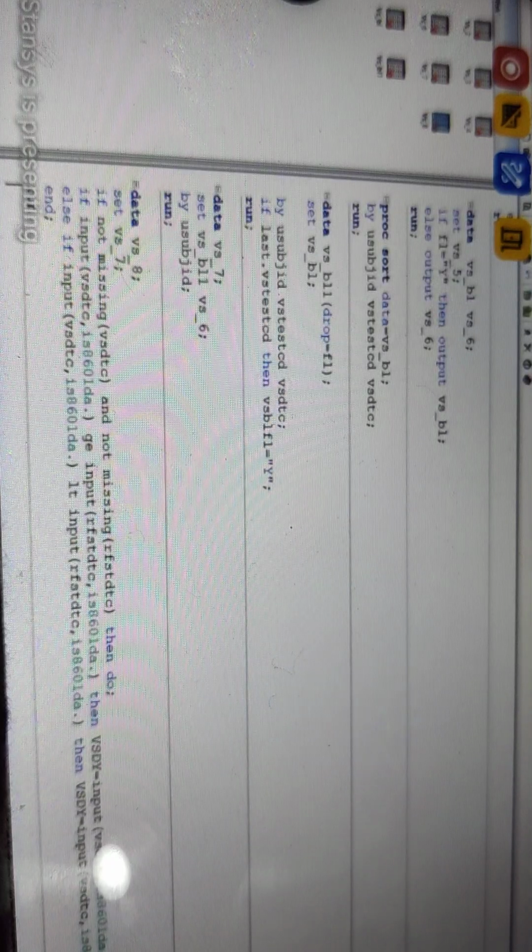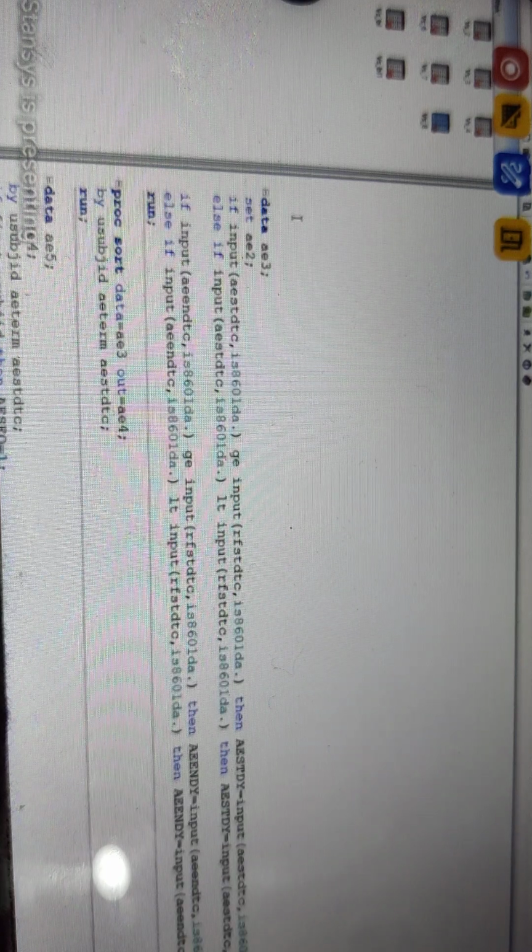Here are missing dates. That's why, with RFSTDTC missing, we are getting a missing study day. Where it is present, it is captured. Now the last one is the sequence. Sequence also we derived in the adverse event dataset. The same logic here. The only variable